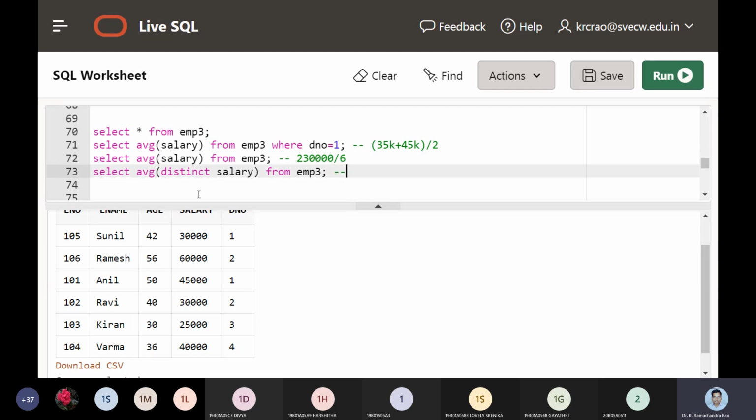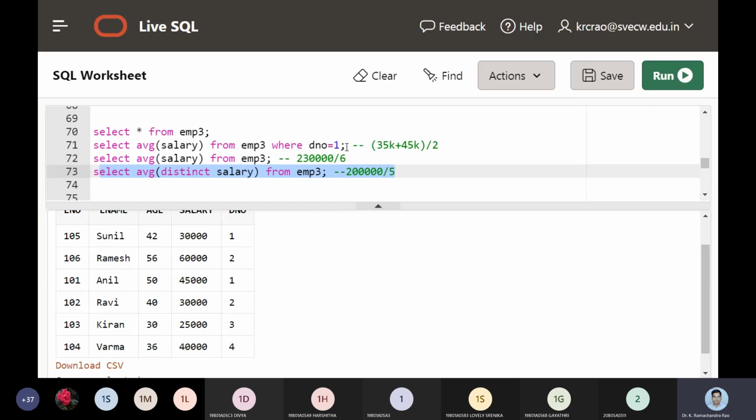Next one, we discussed distinct. Distinct is going to eliminate duplicates. 30,000 is repeating 2 times, and only one instance is taken up. So earlier we had the 2 lakhs value, and now 2 lakhs is divided using distinct. Instead of 6 records, we are now going to estimate it with only 5 records. That is the difference, and why we are analyzing this query. Earlier, as there were 6 records, we made an average, but here we are going to use the distinct operator. Now we should not divide by 6, we have to divide by 5.